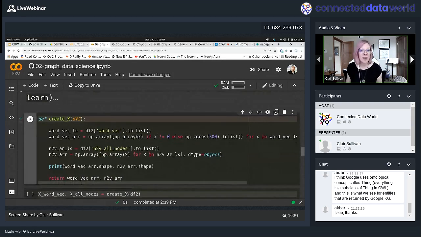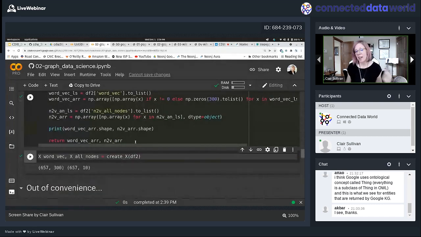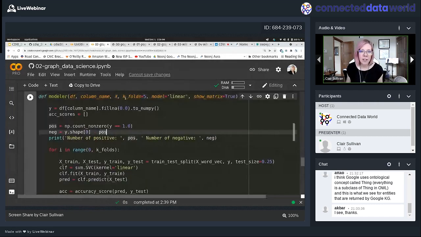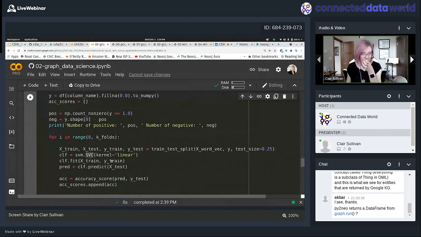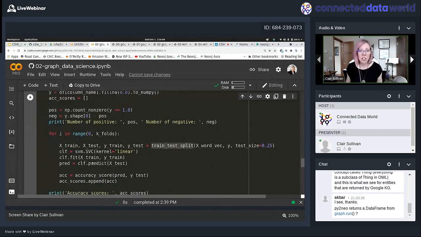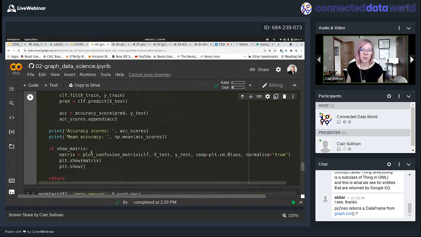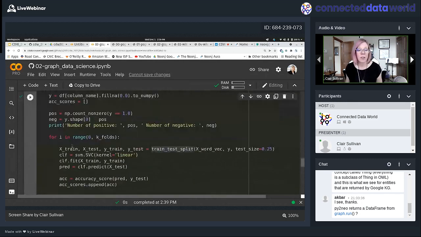We're going to use scikit-learn here. So just don't worry about that. Here's our actual model. We're going to do a 5-fold validation using just a really basic support vector classifier. We do a train test split. And then all we're going to do is measure an accuracy score. We're going to return the mean accuracy scores. We're going to plot a confusion matrix. That's all we're going to do, kind of standard stuff.